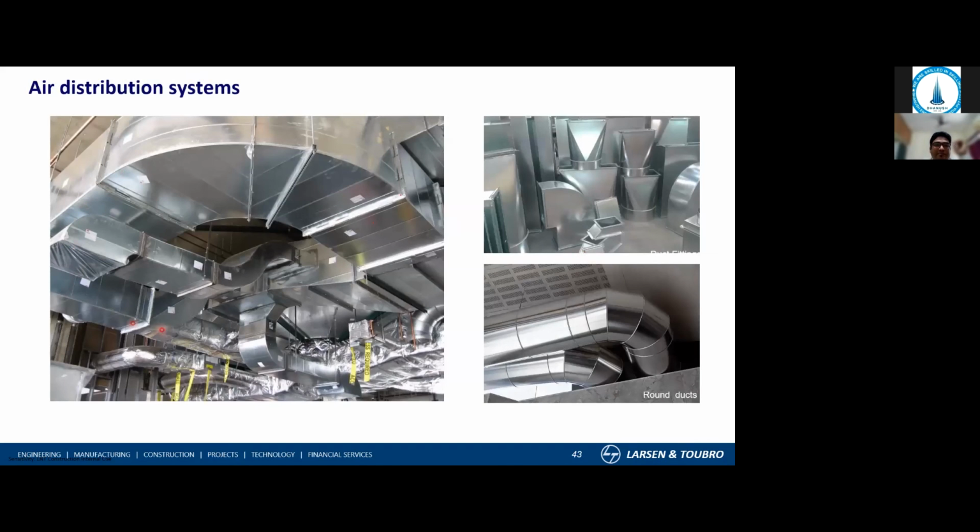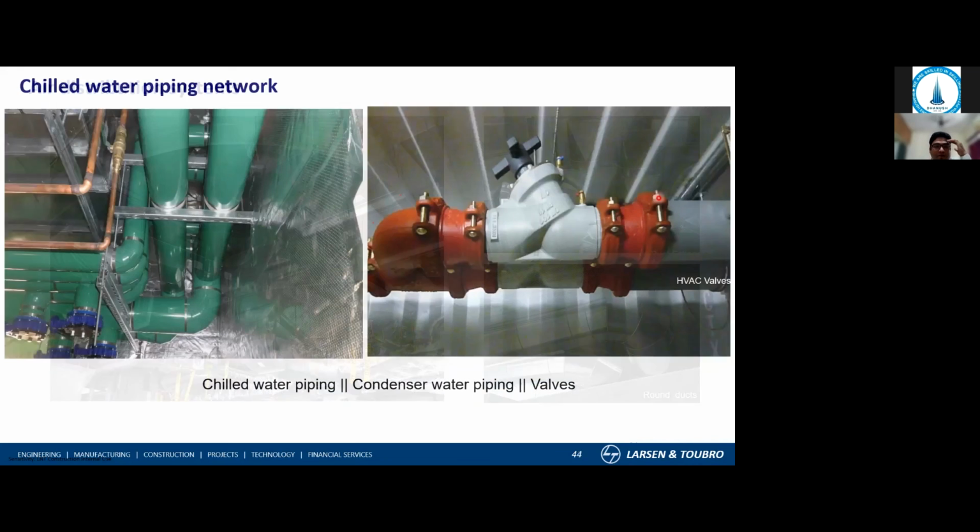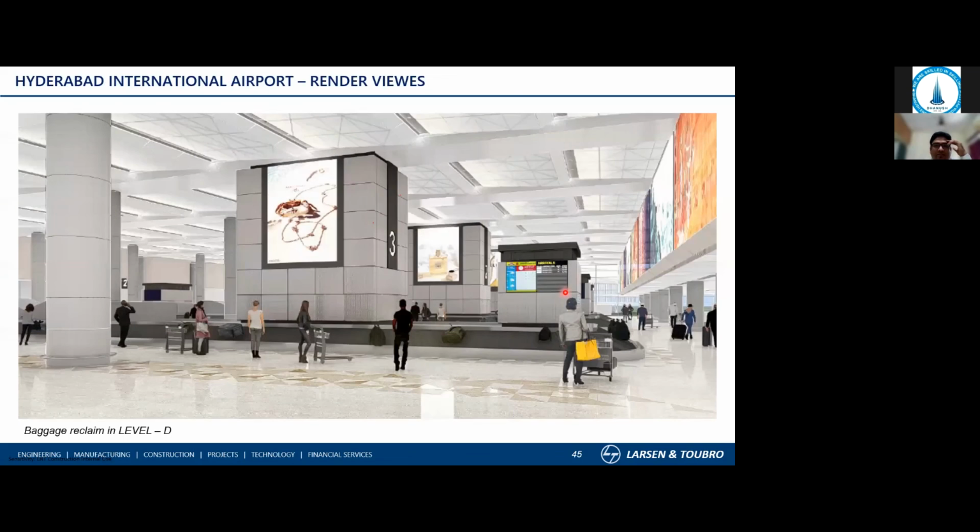There are some ducting arrangements, sheet metal ducts over here, some rectangular ducts, some circular ducts, and these are some fittings of the duct. There is some piping arrangement at the back, and on the left side and the right side you can see the valves arrangement. And this is basically an interior aesthetic